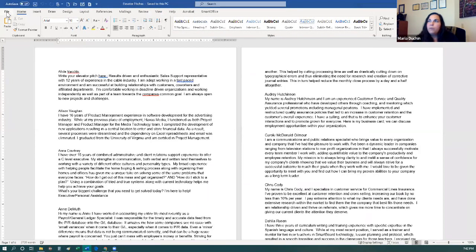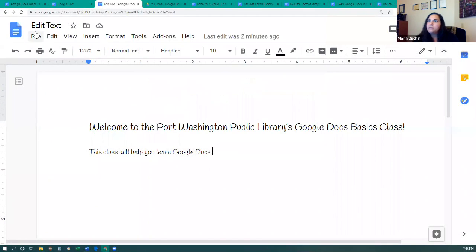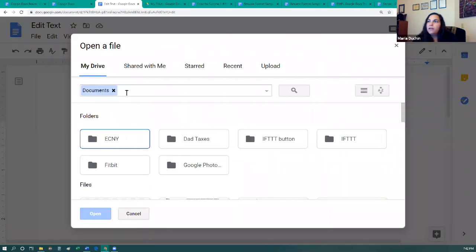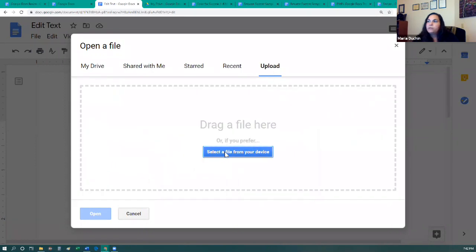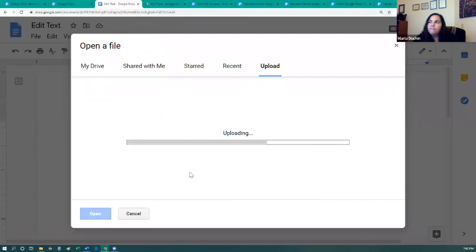Okay, and then if I want to take this and I want to bring it into my Google Docs, I would go to File, Open, and then I can upload. If I had that saved on my desktop, I could just drag it. If I didn't, then I can go here. I can just grab that file. It's going to upload it and open it